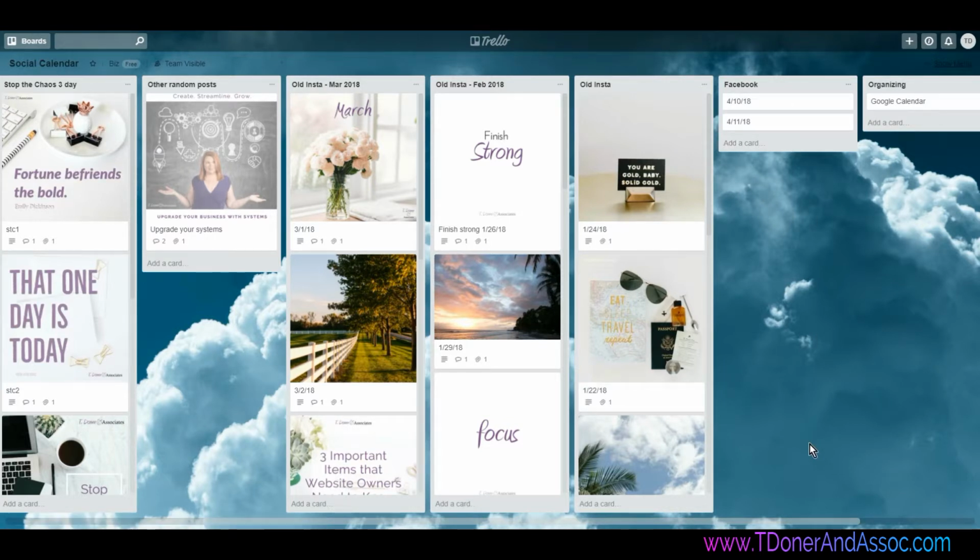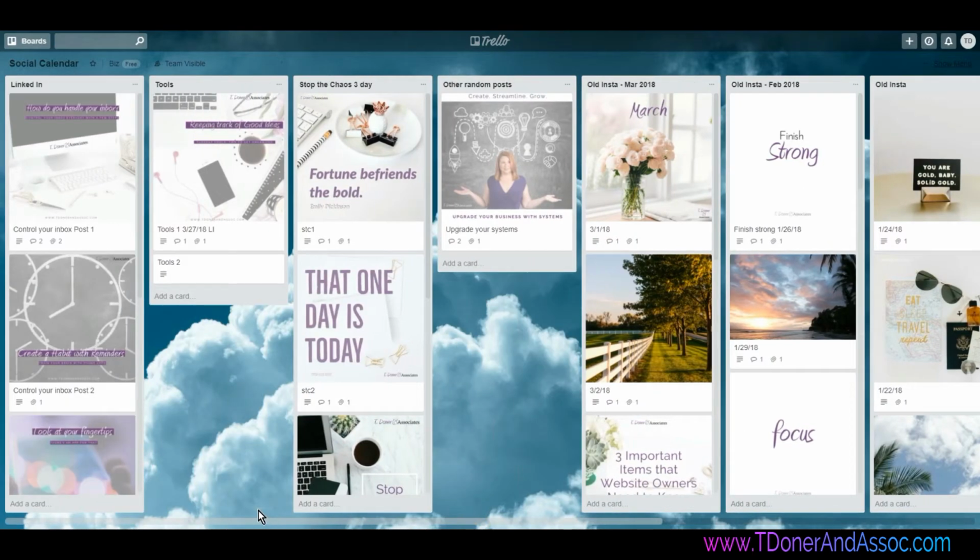So you can do whatever you want with any of the Trello boards, but this is kind of how I handle the social calendar. These all right now are actually pretty much done for the most part, except for maybe this tools one. But if I was going to add other random posts, I would say, add a card, and whatever the idea is, or say I have some quotes I want to add, I would add the written content first, and then create the